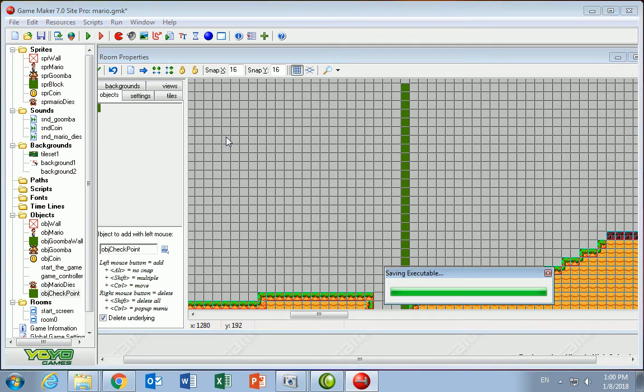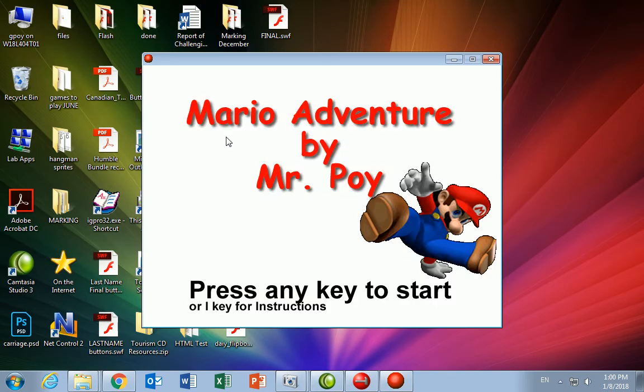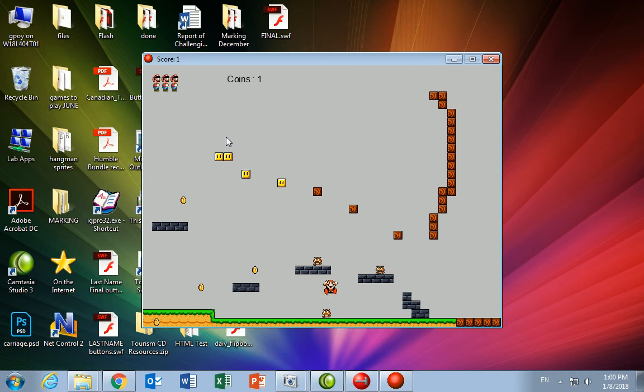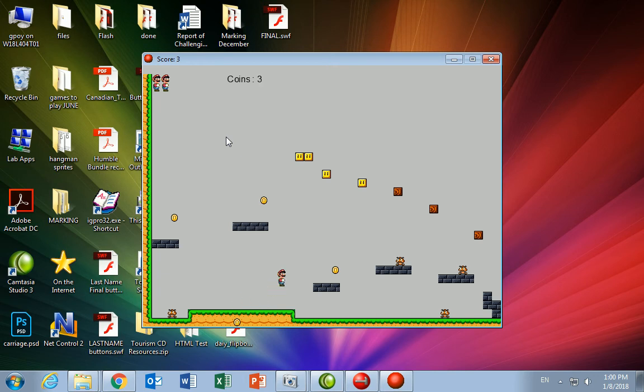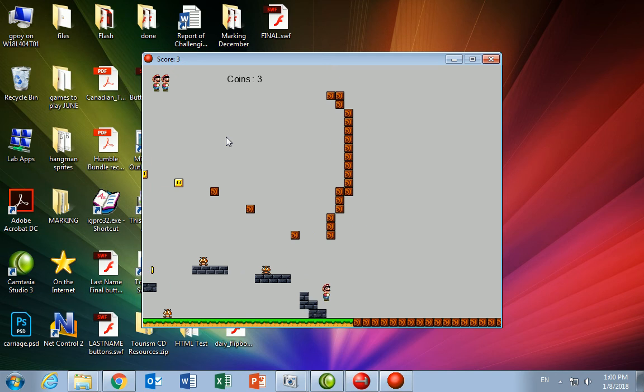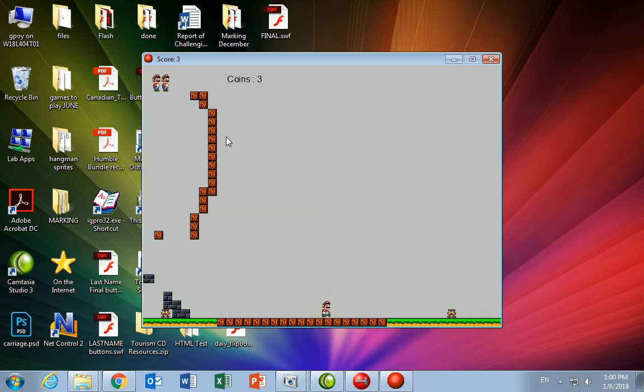So when I press play here, I'm going to go through, and I'm going to purposely pass this checkpoint and then go back and die. And you're going to see that my Mario, if I die here, the checkpoint was set at 160, so he restarts here. But if I go farther, so if I pass that, and I go a little bit farther,